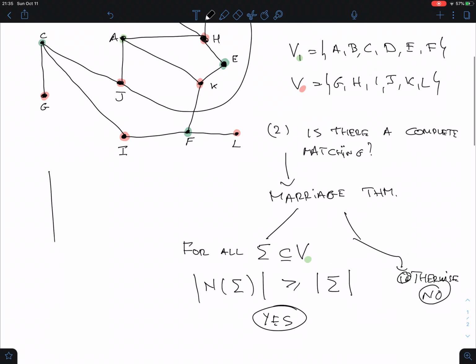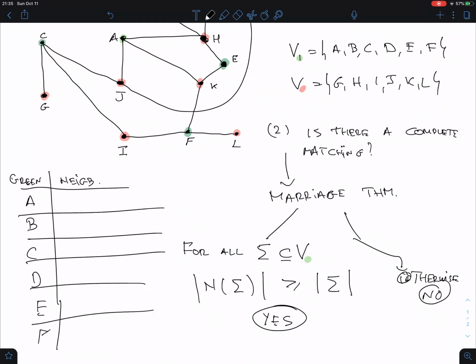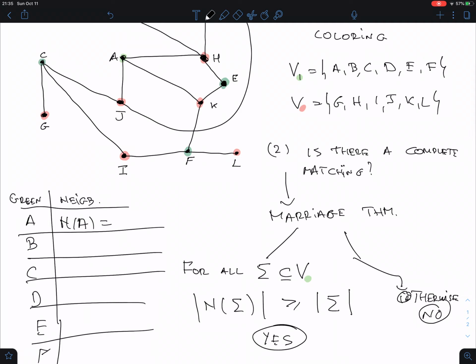Well, the best thing to do is to make either the adjacency table that we discussed today in the lecture, or just draw the neighborhoods. I'm going to just calculate the neighborhoods here, and here are the green vertices: A, B, C, D, E, and F. And so what is the neighbor set? Here is N of A. So what are the neighbors of A? Well, we see that is J,